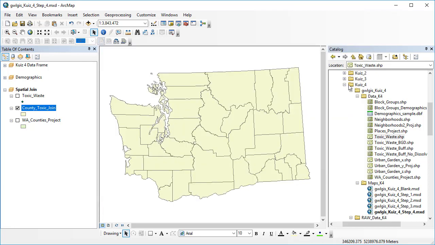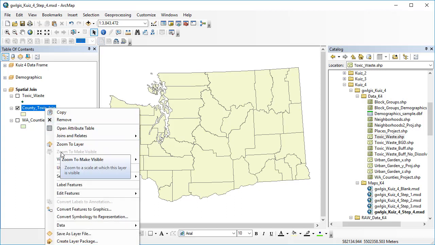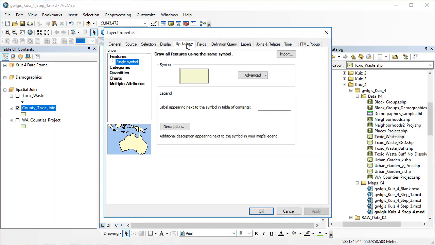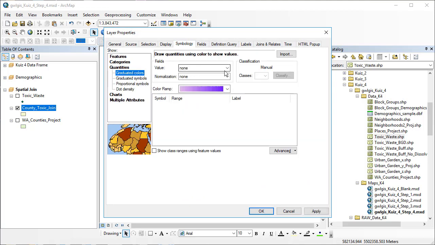I'm going to close the attribute table, and then I'm going to symbolize county toxic join based on that value. Scroll down to properties, choose Symbology, and I'm going to choose quantities. In this case, I'm going to choose the count field,